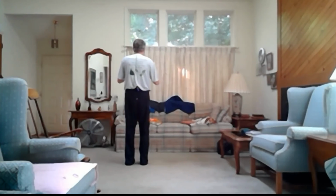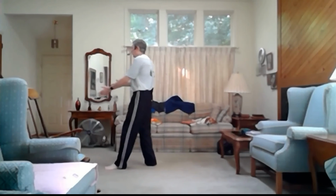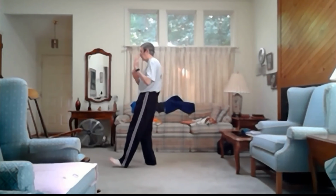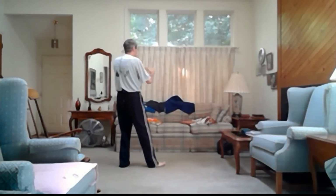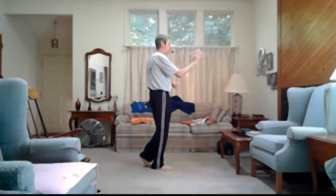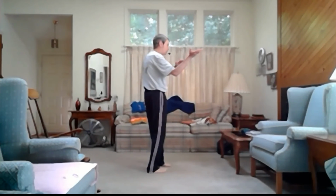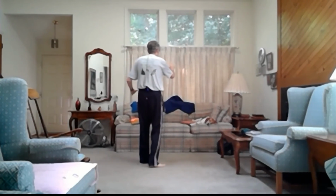Open, close, second part of the third section, brush knee, left side, leisurely tying the coat. Open, close, lateral single whip, lowering movement, fist under elbow, step back, repulse monkey to the back, drop the left heel, raise the right toes, turn on that right heel, you get your hands ready, shift your weight back, left foot comes in for a T-step, and then we go to the front, drop the right heel, lift the left toes,